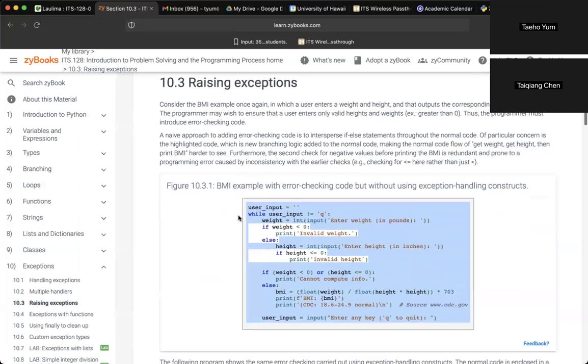Okay, so for this one, let's look at this first piece of code here. Consider the BMI example. The user enters a weight and height, and that outputs the corresponding BMI. Now we want to ensure valid heights and weights, so they should not be negative for sure. So we'll need some error checking code,